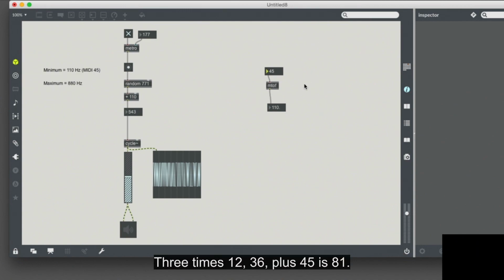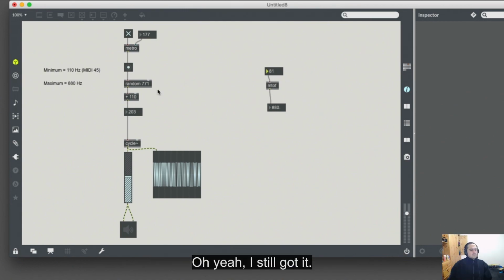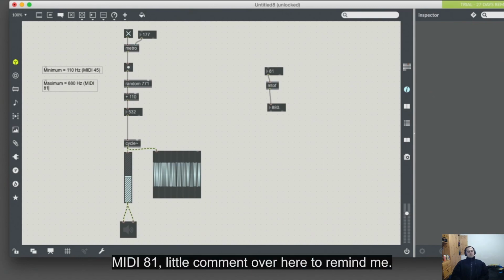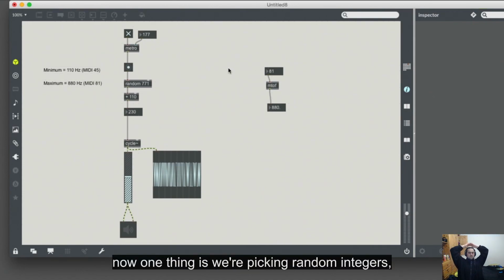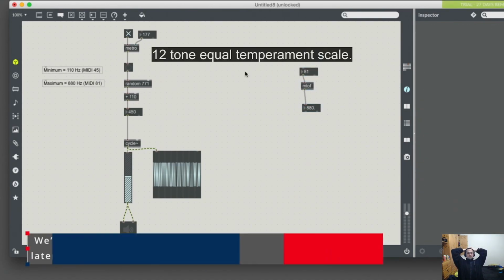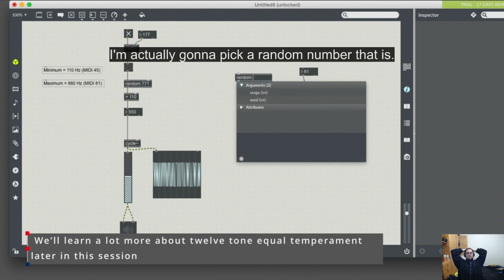Can I do this in my head? 3 times 12, 36 plus 45 is 81. Oh yeah, I still got it. MIDI 81, little comment over here, to remind me. So I want a random number. Now one thing is we're picking random integers. So if I just pick a random MIDI note number, they're all going to be on the dreaded 12-tone equal temperament scale. So I'm actually going to pick a random number that is, I'm going to take a really big